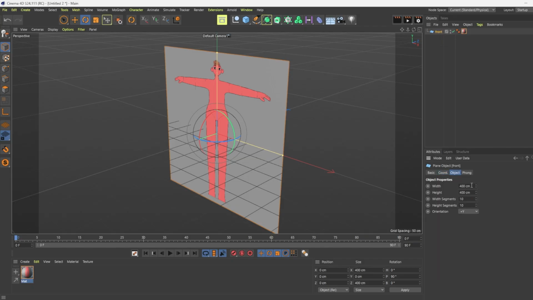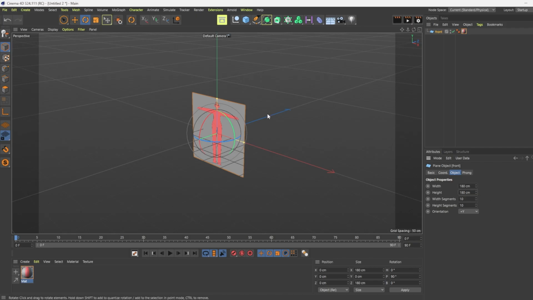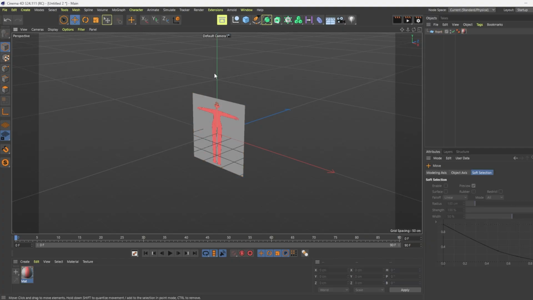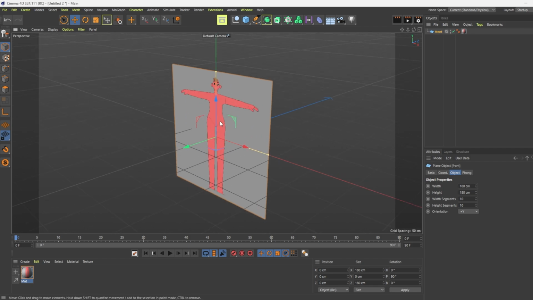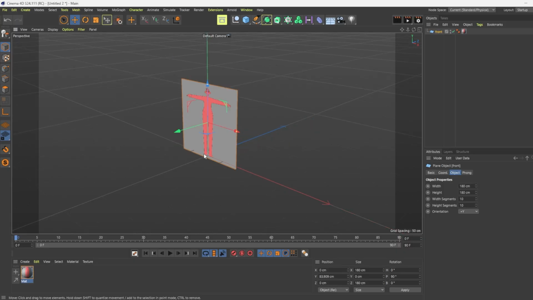Now it's important to set the correct scale for our reference. It affects things like simulation and rendering later on. With the plane selected, go to the Object tab and set the width and height to 180 cm. This gives us a character height around 175 cm, which is realistic. Let's reposition it. Select the Move tool, shortcut E, and drag the blue Z-axis so the feet line up with